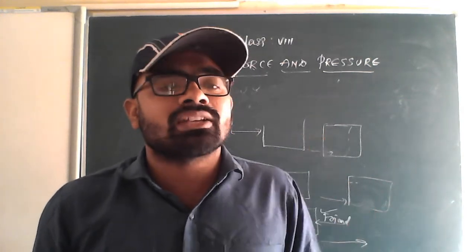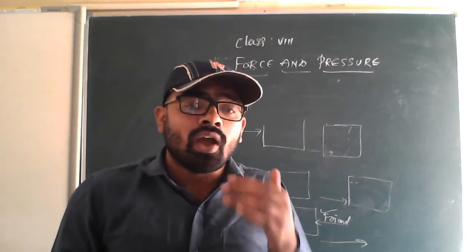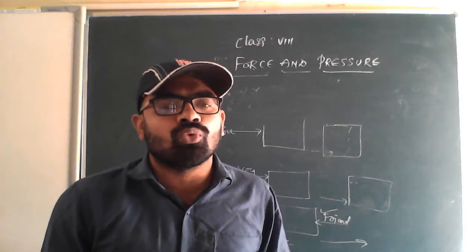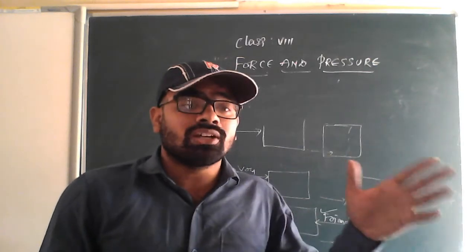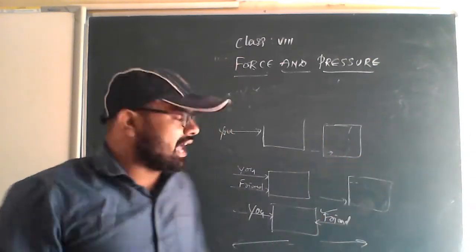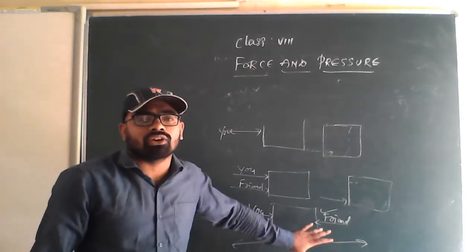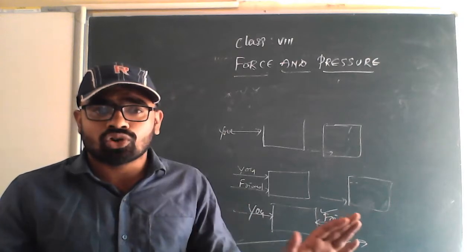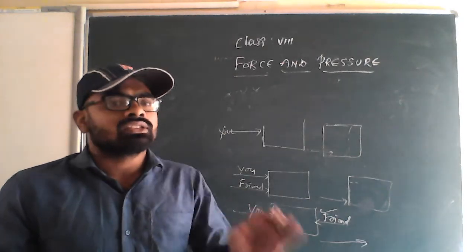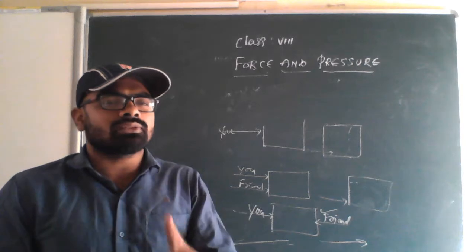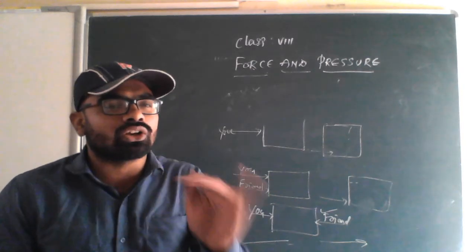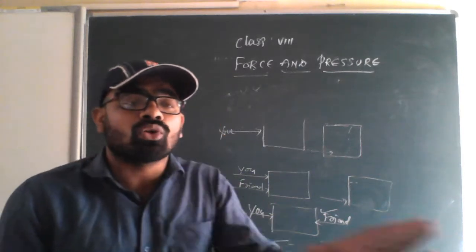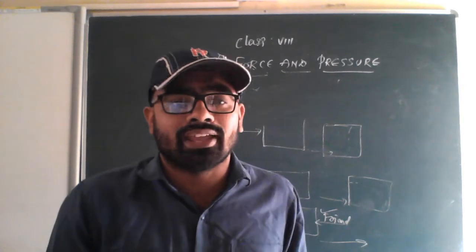Sometimes the rope simply does not move. Why does the rope sometimes simply not move? Because both the teams are applying equal force. As I told, in this case, if you and your friend are applying exactly equal forces, the table will not move. Similarly, if both teams are applying almost equal or equal forces, the rope will not move to any side in the tug of war game.